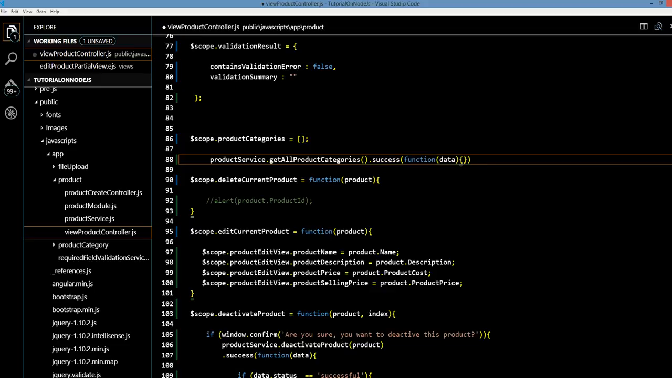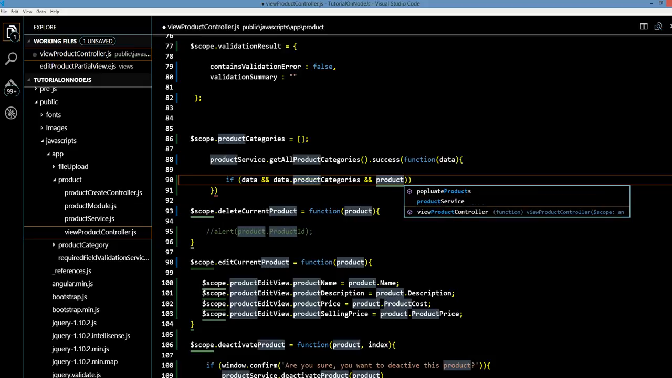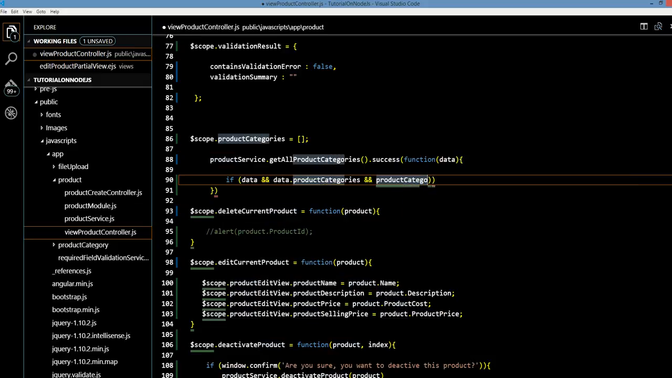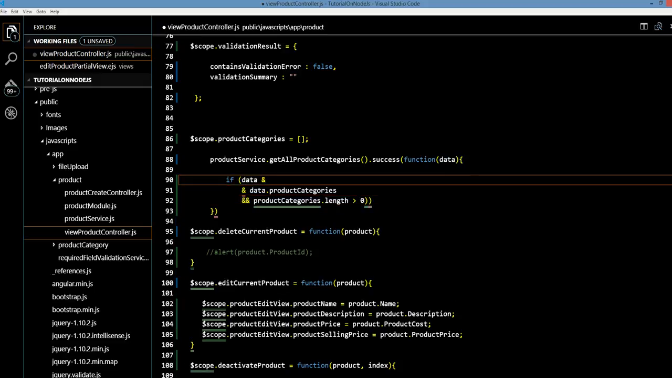Let's do something like that. And if the data object is defined, if data exists, and then data has a property called product categories, and then product categories length is greater than 0. So this is basically just some sort of validation, making sure our input, this data object, is defined,